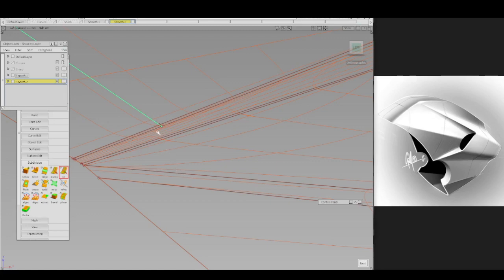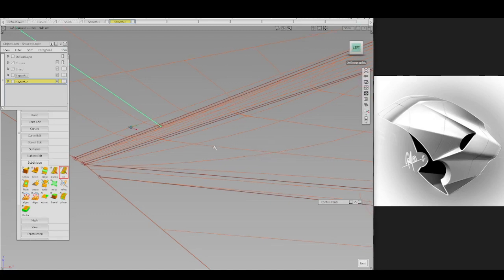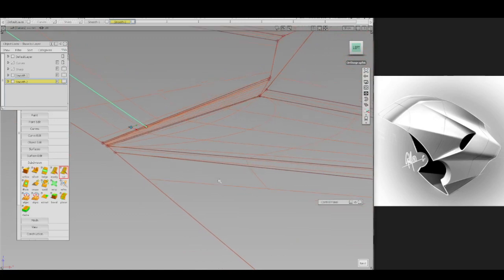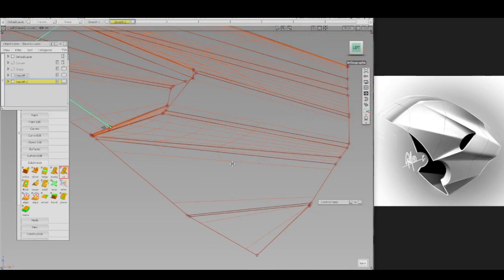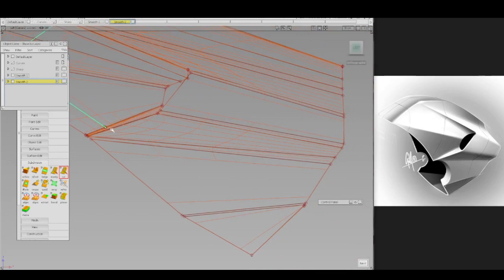That is when I generally prefer to go with that, because if I go this way, definitely this surface won't be a 4 sided surface anymore, which I don't want. Or maybe I might need to add one more break here or something like that. But right now what I'm going to do is connect here,